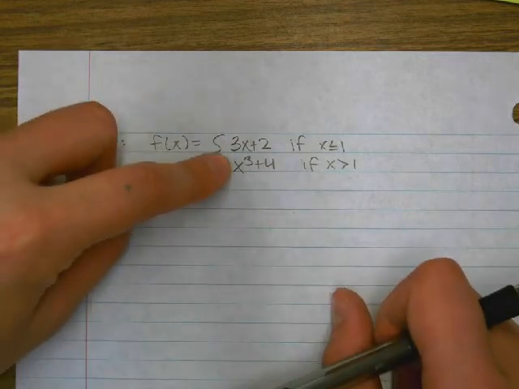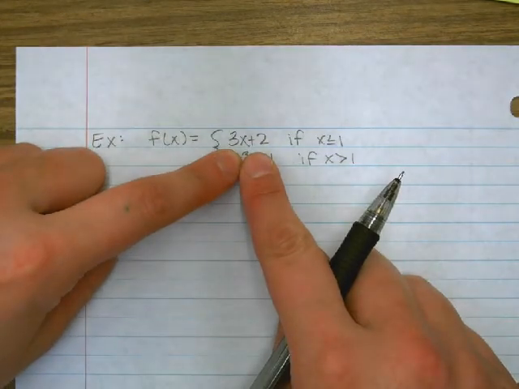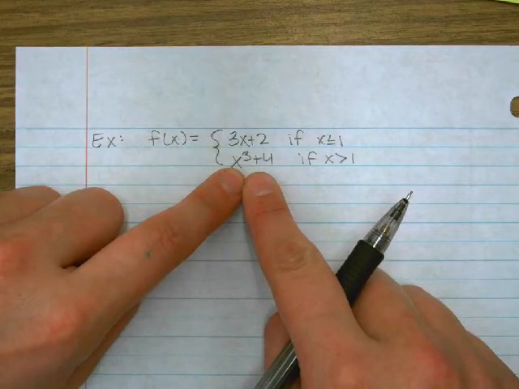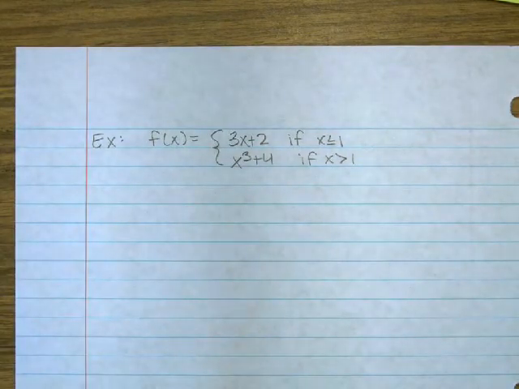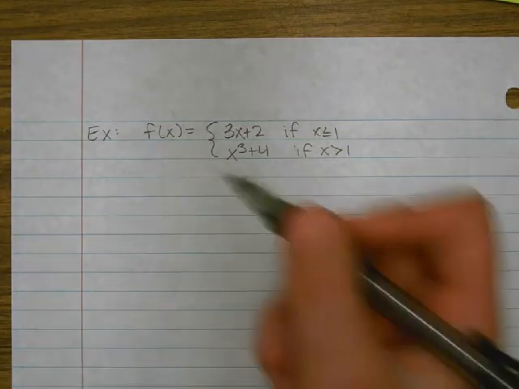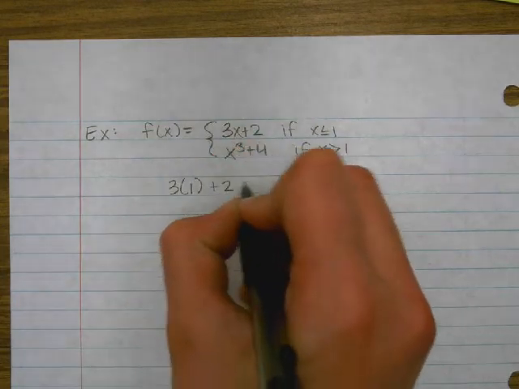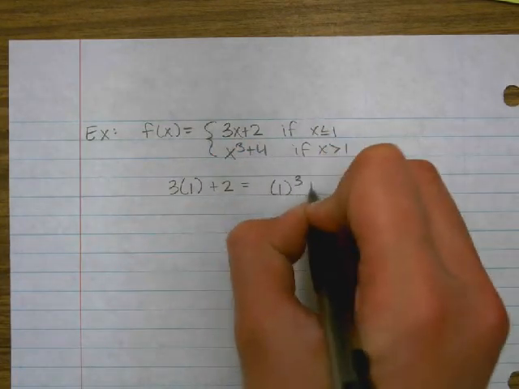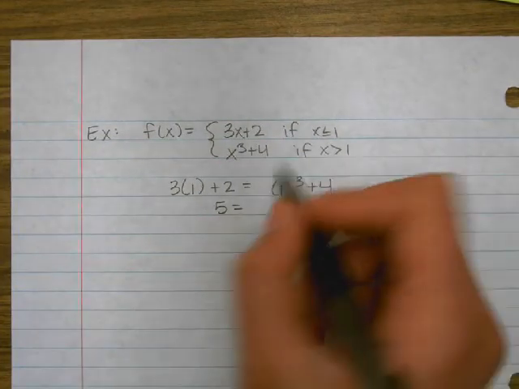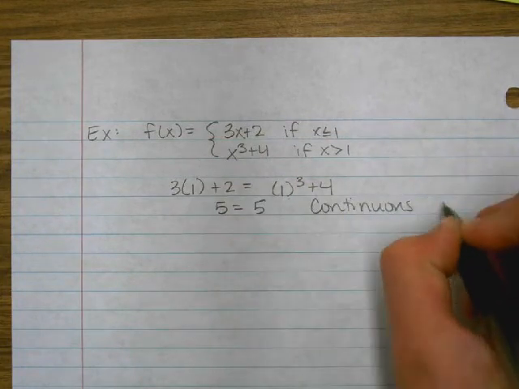Both of these pieces are polynomial functions, so that means that I'm not worried about the continuity of this straight line when x is less than 1. I'm not worried about the continuity of this cubic graph when x is greater than 1. The only thing that I'm worried about is what's happening at 1 exactly, because it could be a jump there. So I'm going to check and make sure my y values are the same by plugging 1 in for x. So we've got 3 plus 2 is 5, and 1 plus 4 is 5. So the original function is continuous